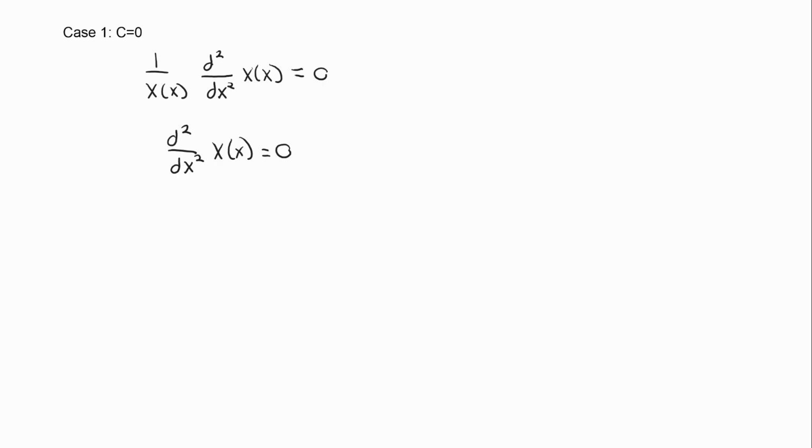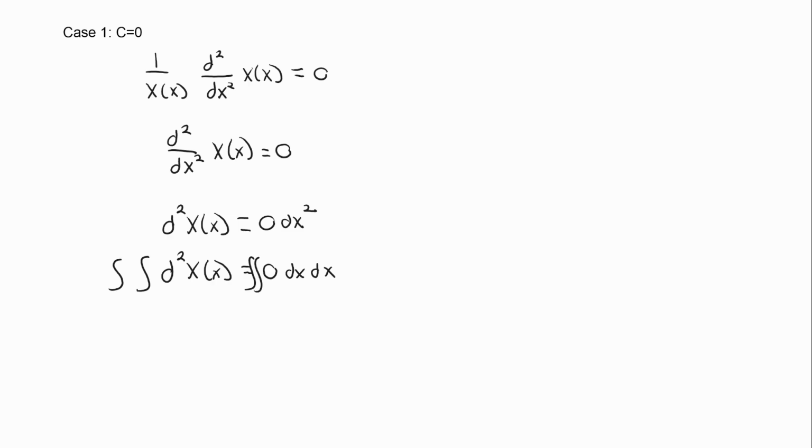An easy way to solve this differential equation is to separate our variables. We'll have d squared of our x function is equal to 0 times dx squared. This also means that we have two integrals that we have to take in order to solve for this. So if we take our two integrals where we have 0 as our constant, what we end up seeing